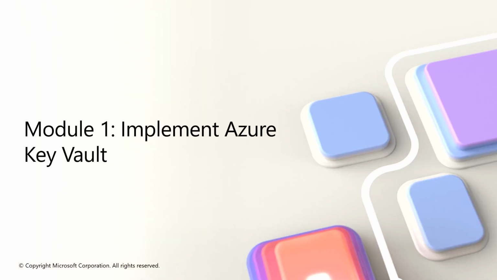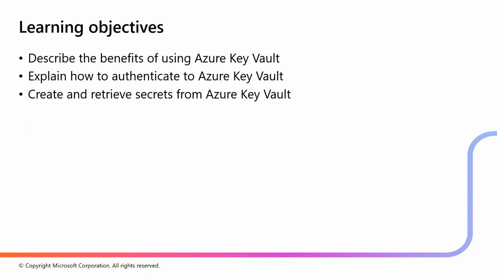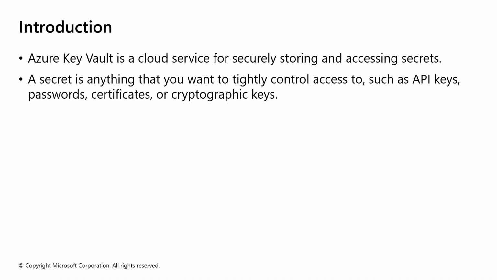Module number 1 is implementing Key Vault. So we're going to jump in and take a look at what is Key Vault in its different forms. How do I provide security using Key Vault, and what forms of authentication and authorization is going to be granted to me through the Key Vault itself. And then we'll take a look at ways to retrieve and manage the secrets and the secure information inside of the Key Vault. So Key Vault, as an Azure cloud service, is a regionally based service where you can store